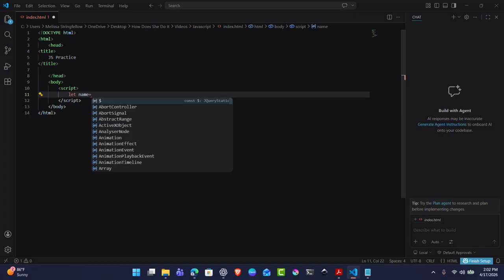A variable is just a way for us to store information so that we can use it later in our code. So I'm going to use let name,